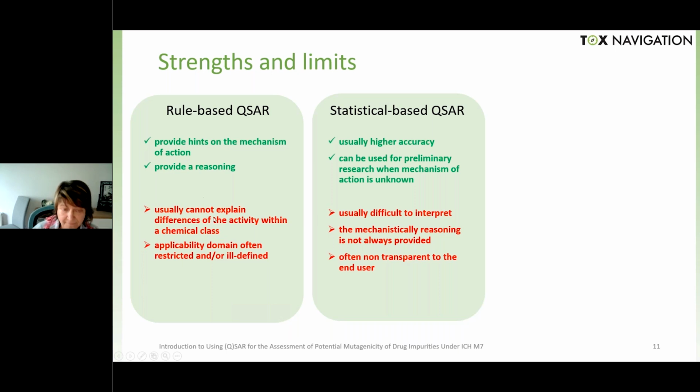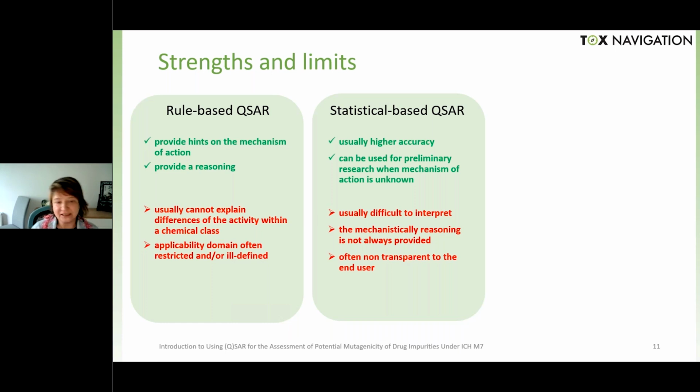And there is also the issue of the applicability domain with the rule-based QSAR, which is often ill-defined. The applicability domain is a concept that tells you if the chemistry of your target structure is described by your model. And when you have a negative prediction by a rule-based QSAR, you don't really know if your chemical is outside the applicability domain, so the chemistry of your compound is not known by the model, or